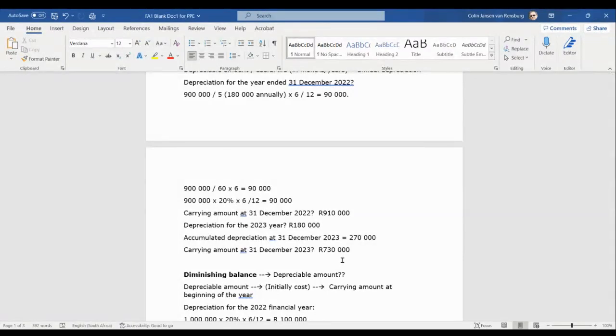730,000 minus another 180,000. So our carrying amount at the end of December 2024 will be 550,000 rands, right? 550,000 because we've still got a cost of 1 million rands. Now our accumulated depreciation is standing at 450,000. In other words, the 270,000 plus the 180,000 for 2024 gives us the 450,000, and that 1 million less the 450,000 will then give us 550,000. So at the end of December 2024, our carrying amount will be 550. So you can see systematically we are decreasing the amount that we are carrying in our books of account, so that at the very